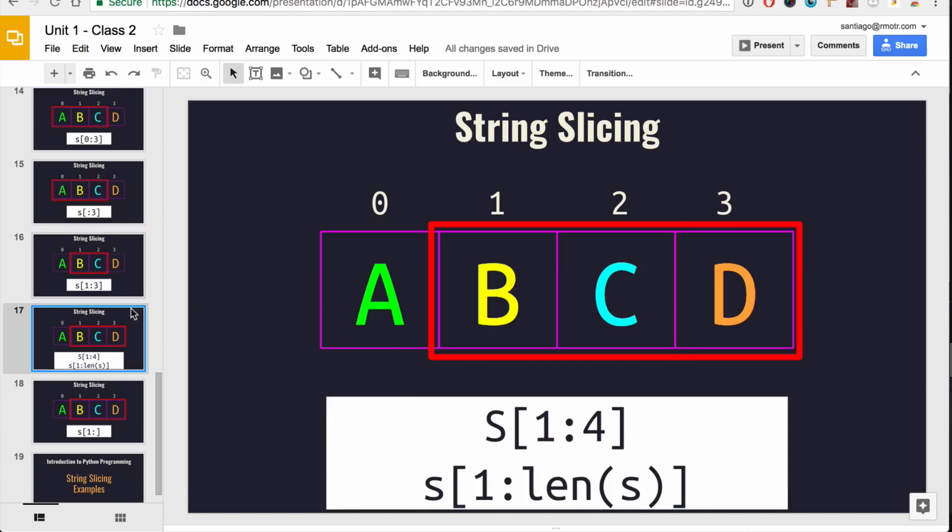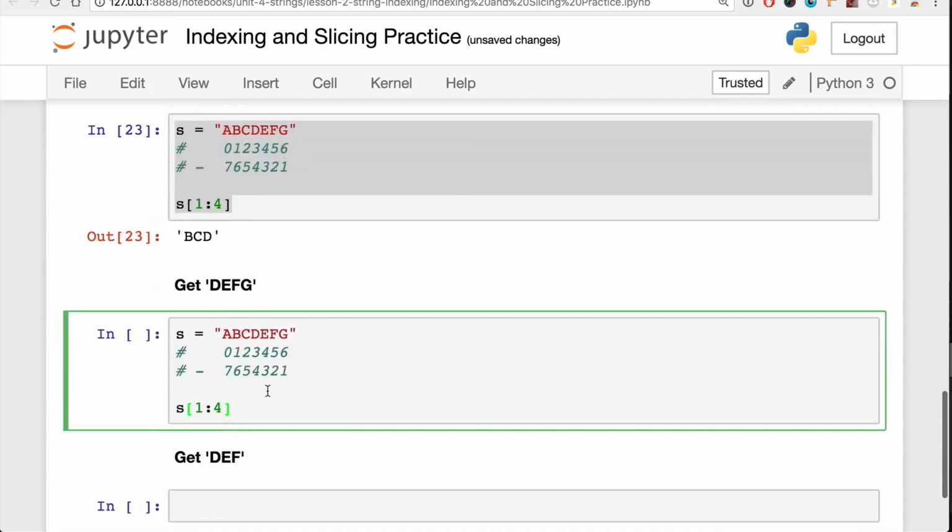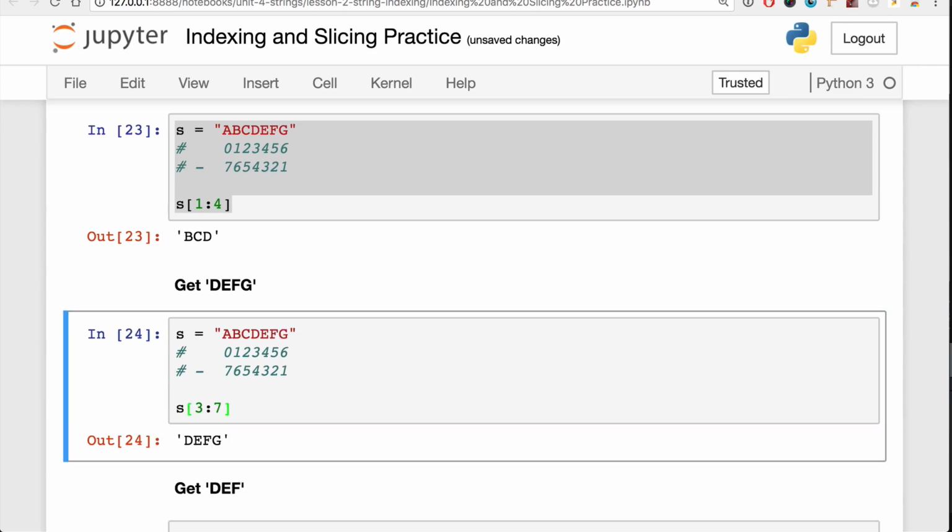Again, you can also try selecting strings with the length. In this case, the length of this string is going to be 7. We have 0 to 6, so we have 7 characters. If we want to get from D up to the end, containing every character after D, I'm going to borrow the code again. I'm starting with the D position, which is 3, and I go up to 7. But of course, 7 is also the length of this string, so I can make it a little bit more dynamic, regardless of the